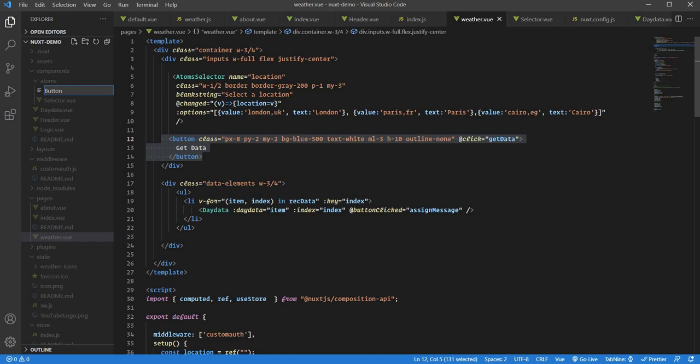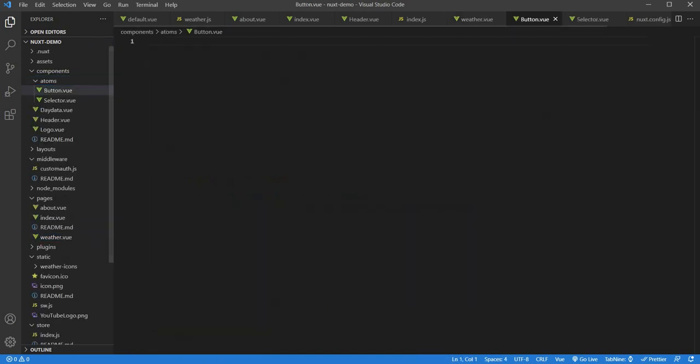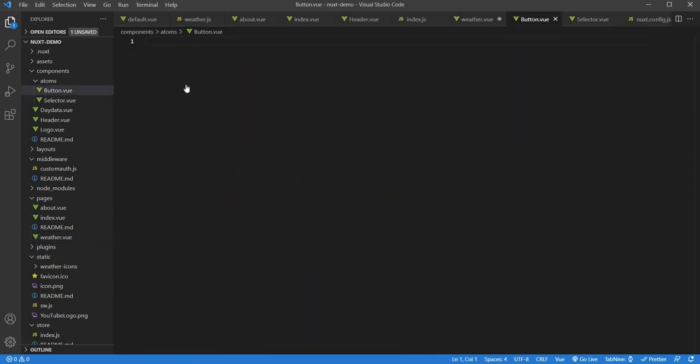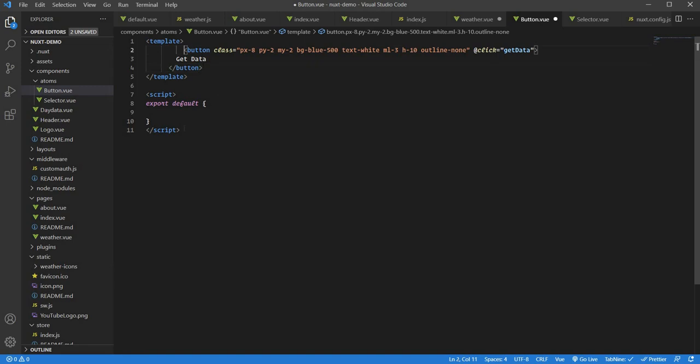So I'll say just button.view, but of course you can create several button atoms because you might need to have primary button, secondary button, etc. So I'll do button.view over here, and what I will do is I will copy this, put it over here, template, okay, and I'll put that button here,